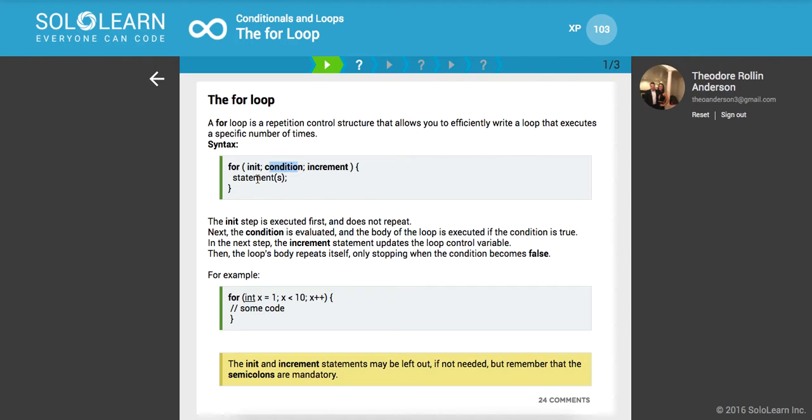So the init step is executed first and does not repeat. Okay, this is just gonna be declared one time. Next, the condition is evaluated and the body of the loop is executed if the condition results to true. In the next step, so this is a good point, the condition is constantly being checked and evaluated against. In the next step, the increment statement updates the loop control variable. What do they mean by loop control variable? The variable we set here is going to be incremented each time. Then, in most cases, the loop's body repeats itself, only stopping when the condition evaluates to a value